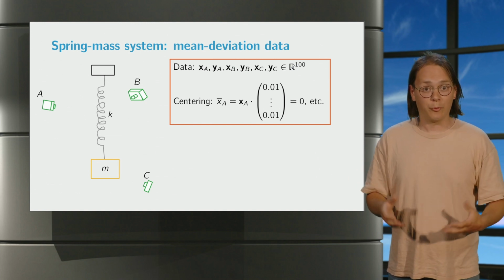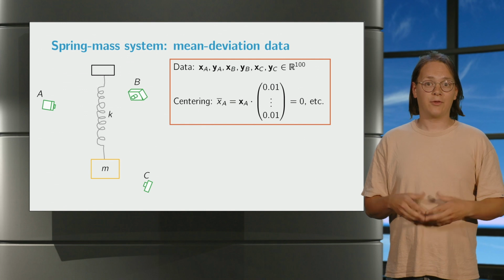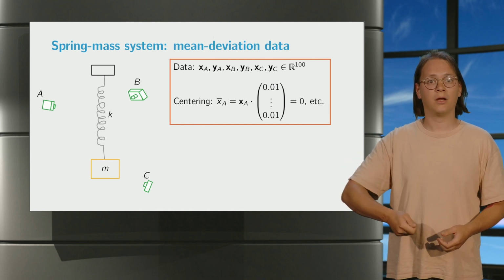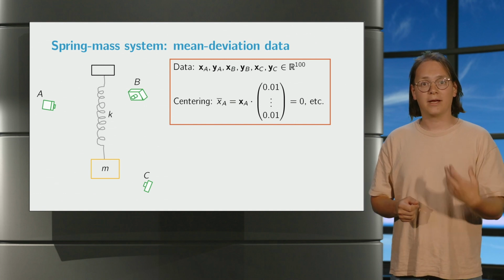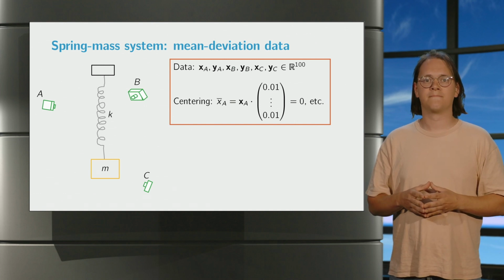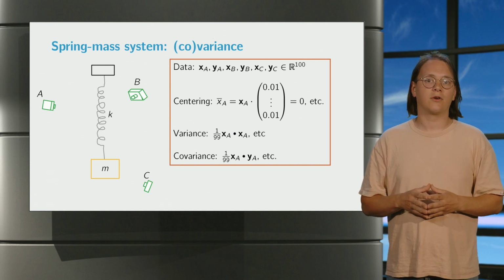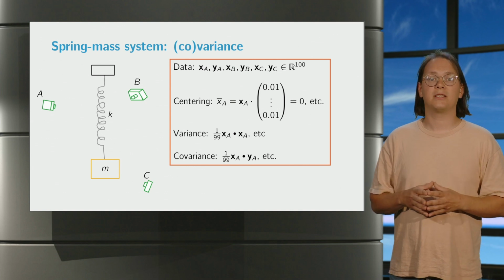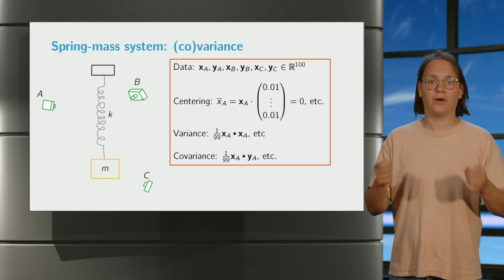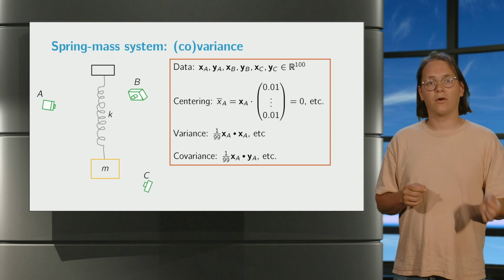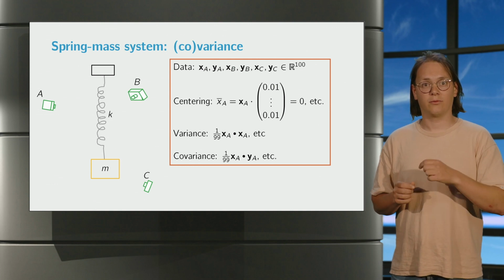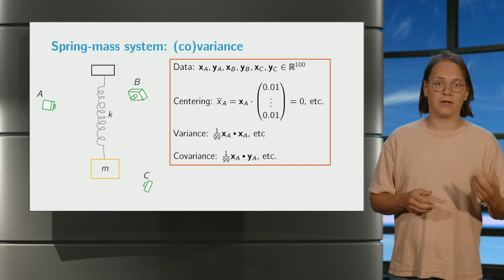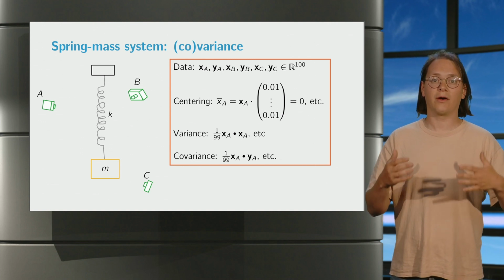Indeed, we know that we do not need 6 vectors to describe the dynamics of the system. We only need 1, since the dynamics are one-dimensional. To figure out how, we may consider the variance and covariance. To get an estimate for this covariance, we consider the sample variance and covariance, which are very neatly expressed simply as scaled versions of the various vectors. Indeed, 1 over 99 times the inner product of a vector with itself provides the sample variance, and 1 over 99 times the inner product of a vector with another vector provides the sample covariance between those 2 vectors.